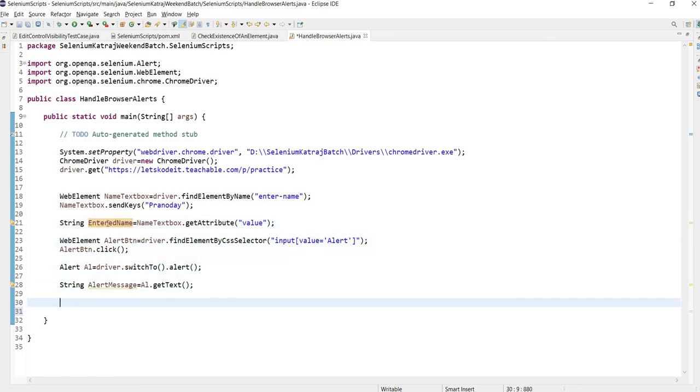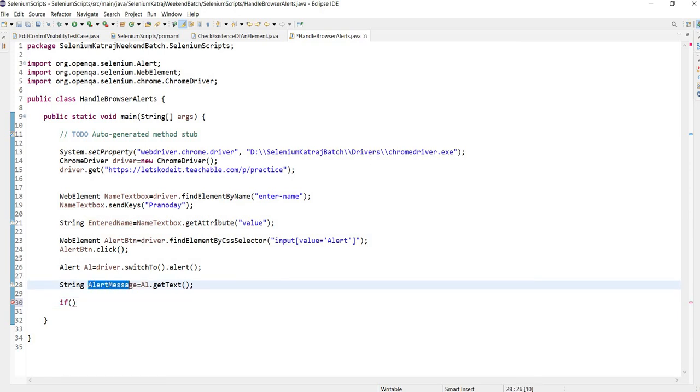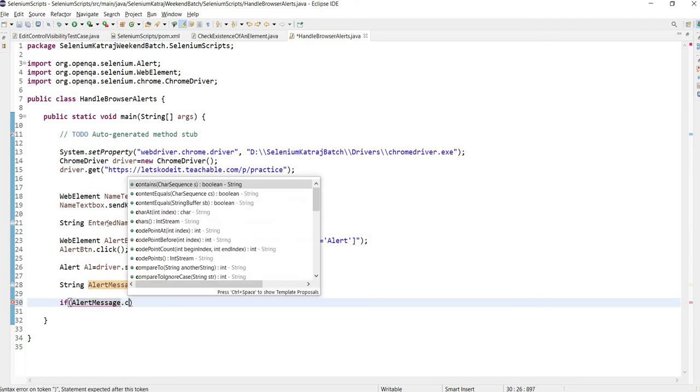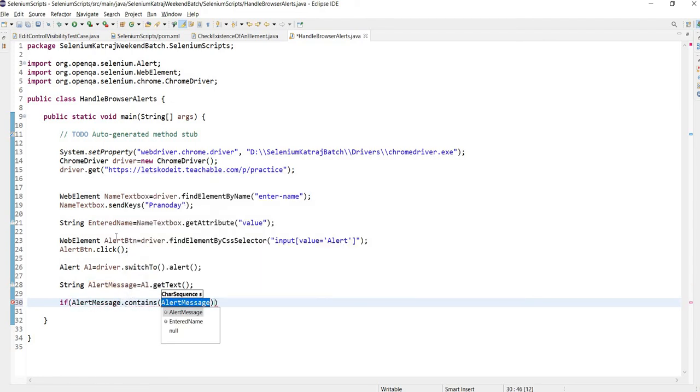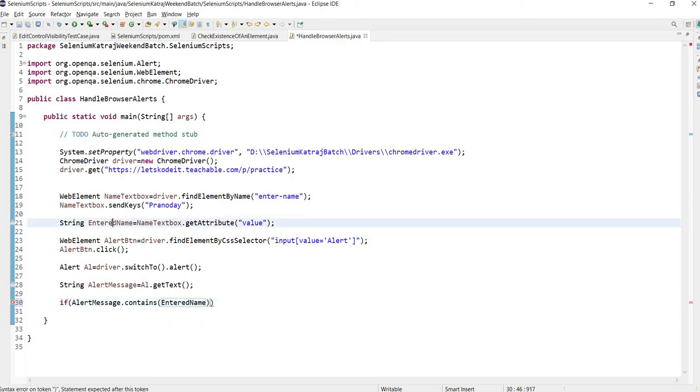So my test case checkpoint is: if this alert message indeed contains the entered name, whatever value I have sent with sendKeys here, right?